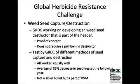The other thing they talked about, and I think you'll get much more detail on this, is weed seed capture and destruction, and the test by GRDC of different methods for weed capture, and I'll not spend any time on that. So those were, to me, the highlights from the meetings: that herbicide resistance is increasing,